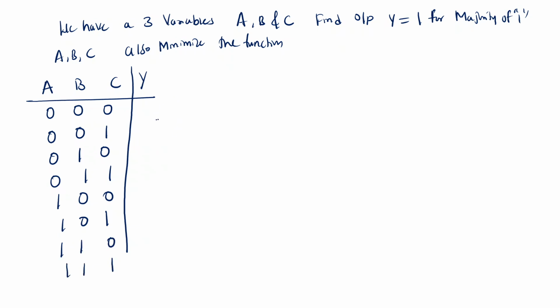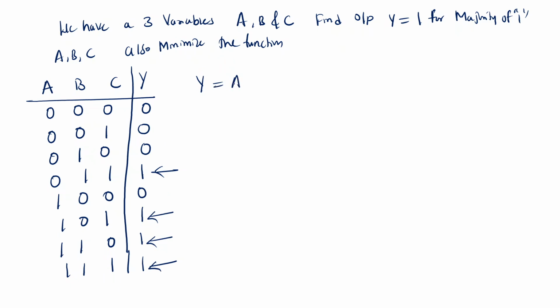If you see the majority, here only one 1 is there, so the output is 0. At least two ones are there means the output is 1. So if you write for this one, this one, this one, and this one, what will you get? Y equal to